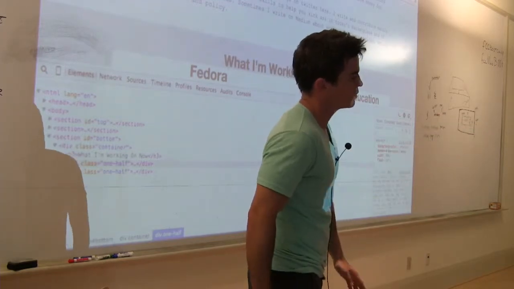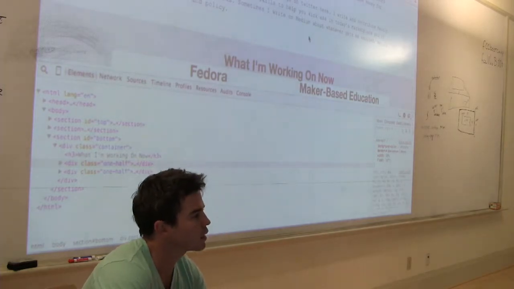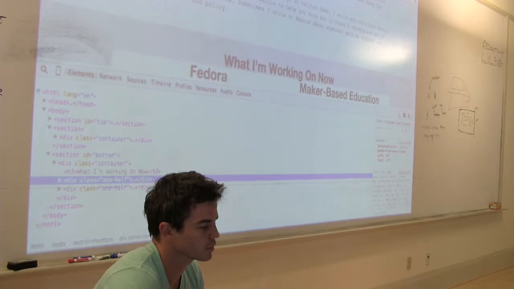So the document flow is like things are either block elements or they're inline elements. And the document flow starts from the top and it just starts flowing down. And you have different HTML elements